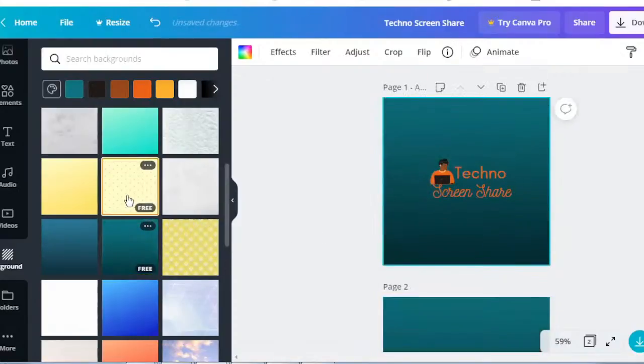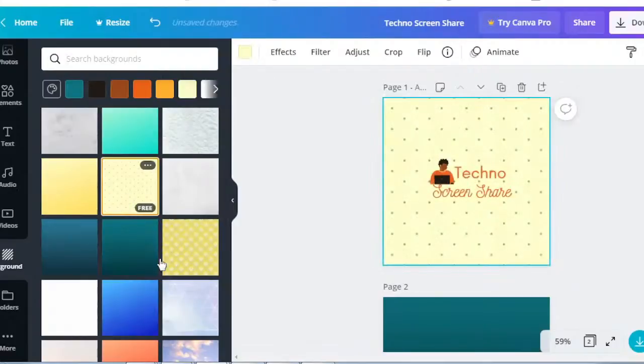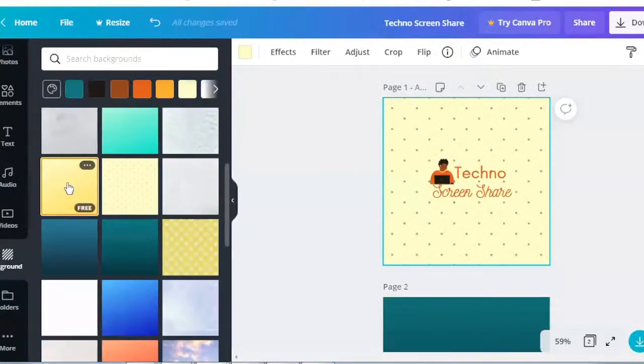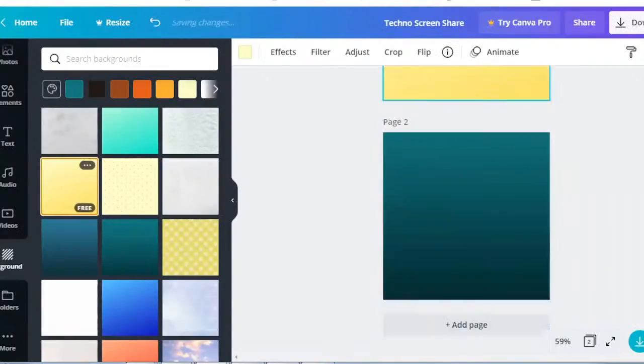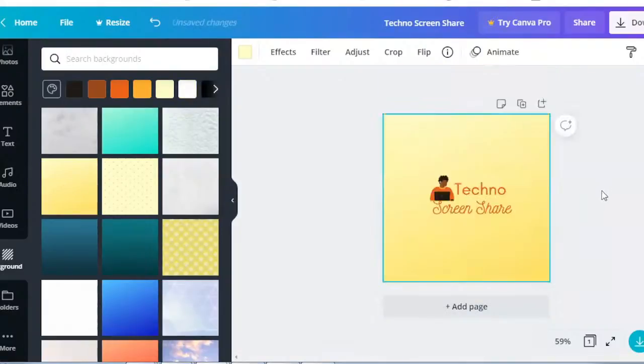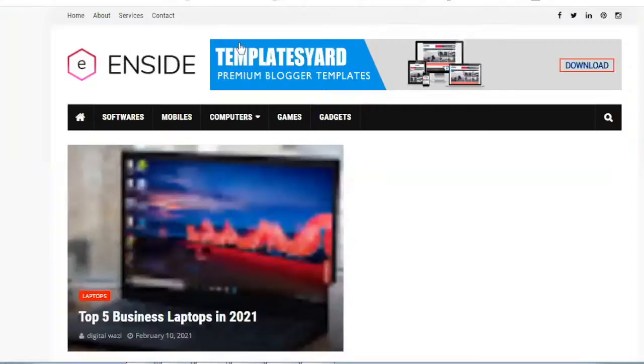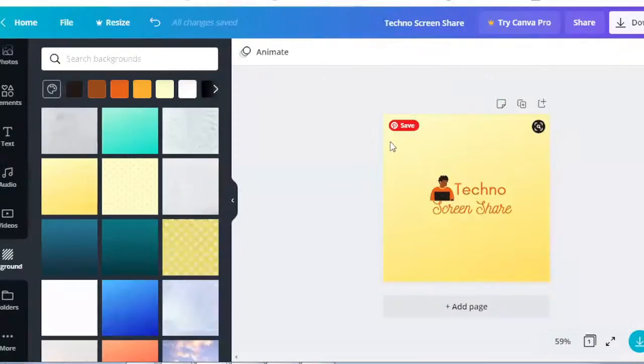You can use the background images also. But we have a white background for our website, that's why I'm not using any backgrounds.